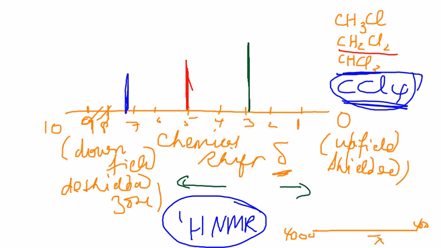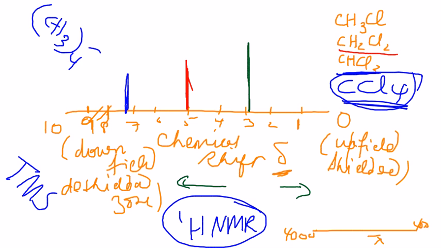Now, one method to do this is to report the location of an NMR signal in a spectrum relative to a reference signal, and the reference signal that we use is usually tetramethylsilane. And tetramethylsilane, the structure of that is (CH3)4Si,